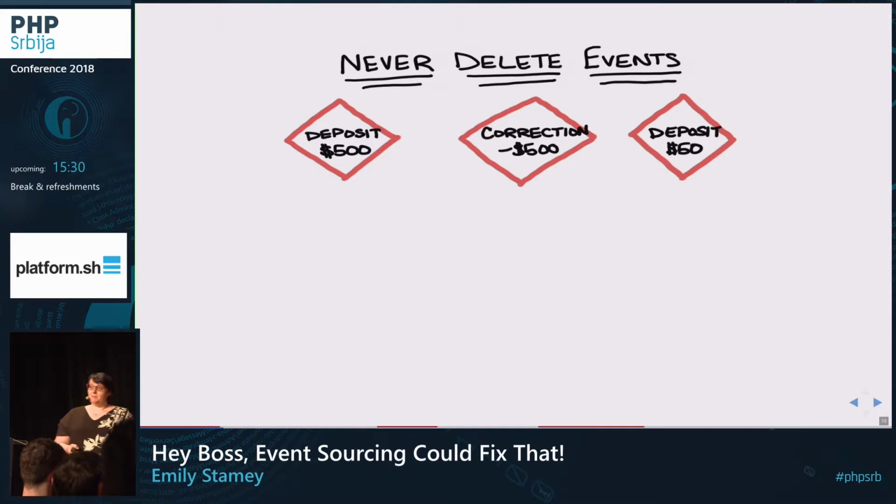But accountants do make mistakes sometimes. They might typo a number and put an extra zero in. So if an accountant made a mistake that was like depositing $500 instead of $50, they would issue a correction that was the exact opposite of what that mistake was. Because when you're looking in the ledger and you can see those events that basically cancel each other out, it's a lot clearer what happened. And then they'll issue an event for what they actually intended to do, to correct the mistake.